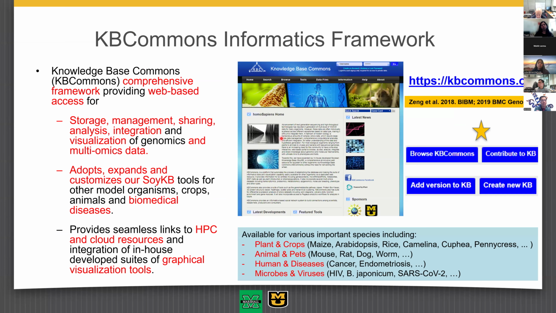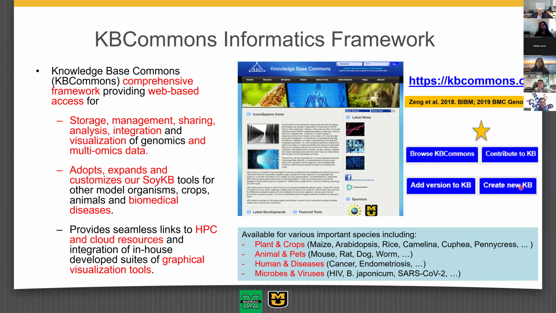With our experience in soybean, a few years down the line in 2015, we expanded and built this KB Commons system, which now supports each and every kind of organism. So over the period you can see many different organisms added here. But the main benefit is that in SoyKB, we were the controllers, whereas in this, we actually added new functions so that any user can start their own KB as long as they bring the files that are required, the first 6